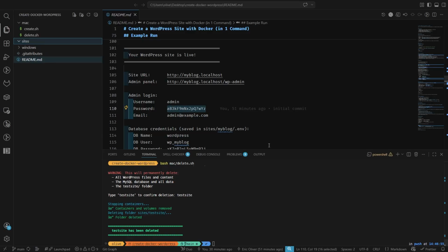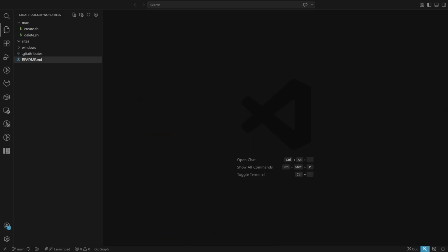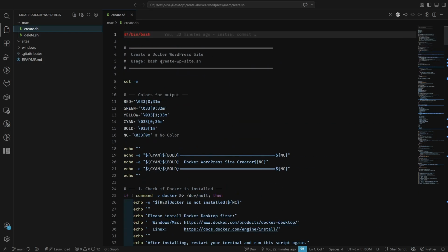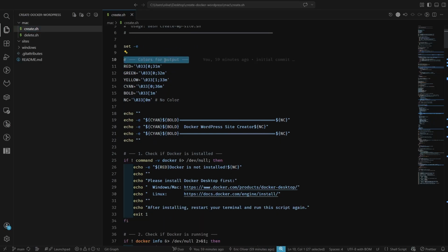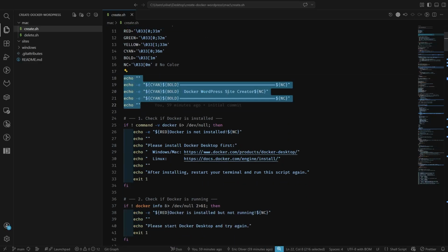And I kind of want to go over what the actual code is, without breaking it down into showing you how it's done. But basically, if there's anything that you can learn from this, it's better. So even if you never modify it, understanding what it does will help you. Inside of the code itself, I put in some little information, as you'll see throughout the code. In order to show the color codes whenever you're running through the script, it shows you these. So we have our different colors set up, and then we're actually echoing out that this is the Docker WordPress